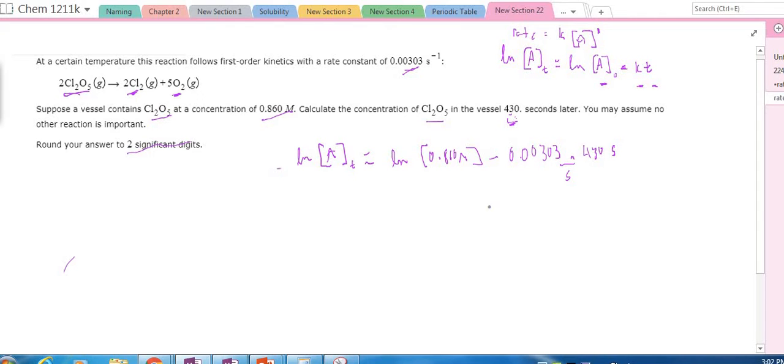It's a multiplication. When we put these into our calculator, I get that the natural log is going to be minus 0.1508, and that is going to be minus